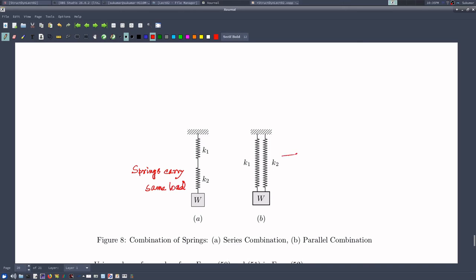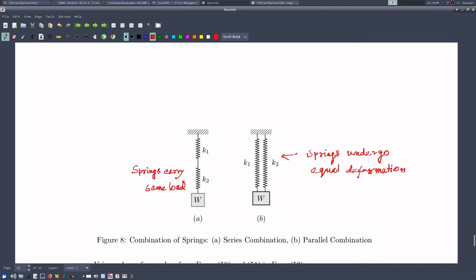Whereas in parallel, springs undergo equal deformation. These are the two key points we need to remember